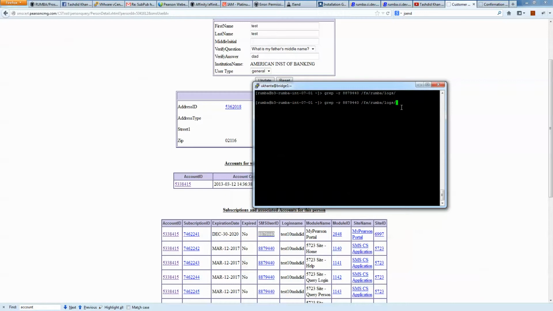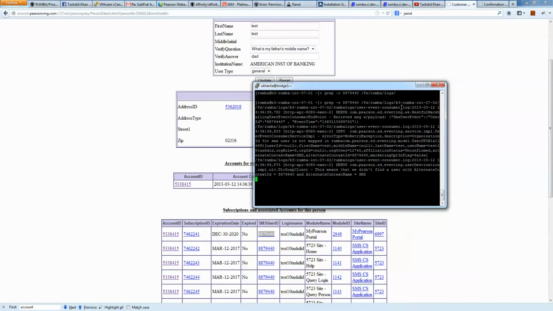Now, the way the Rumba logs work is it goes to the logs directory, a particular node, and the actual log itself. So let's go ahead and check node 2, and we were fortunate enough to find it,